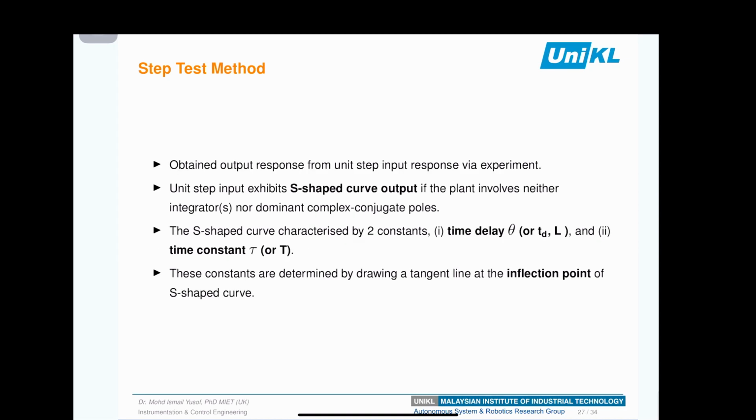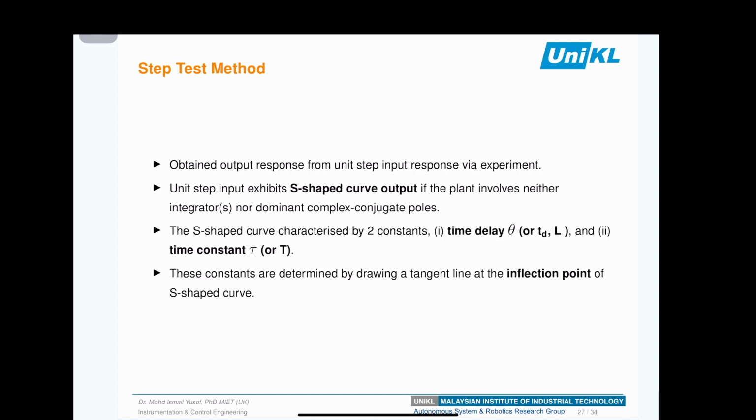of the controller. Several important things for the step test method: the output response or present value obtained is the result of the unit step input response in the step test experiment. The step input excitation will exhibit an S-shaped curve output if the plant involves neither an integrator nor dominant complex conjugate poles. The S-shaped curve is characterized by two constants, whereby this S-shaped curve is basically the dynamic of the present value